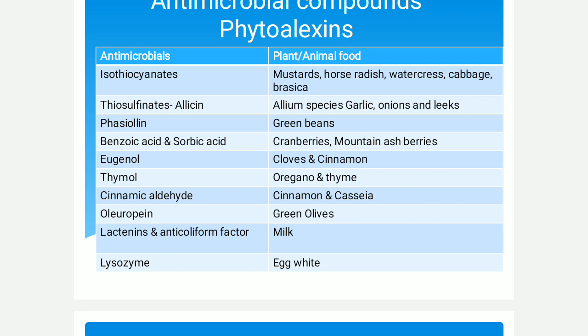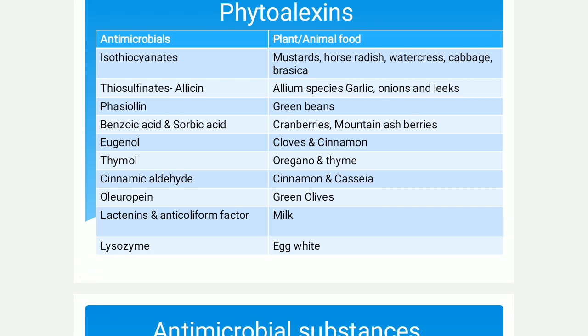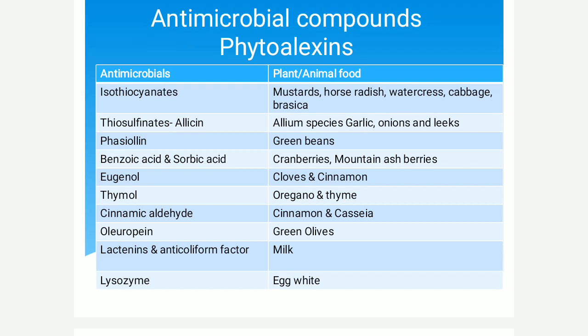And you also know that green olives have something called oleuropein. Oleuropein also acts as an antimicrobial. But you have to keep in mind that when green olives are subjected to fermentation, the first step in the fermentation process is to remove the oleuropein. Why do we have to remove the oleuropein though it is antimicrobial? Because we have to allow the organisms to grow there. Fermenting organisms should grow. That is why if oleuropein is there, fermentation is disturbed. So removal of oleuropein will give way for the process of fermentation of green olives. And you know, by God, fermented green olives are so very tasty.